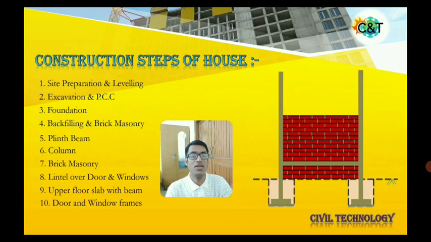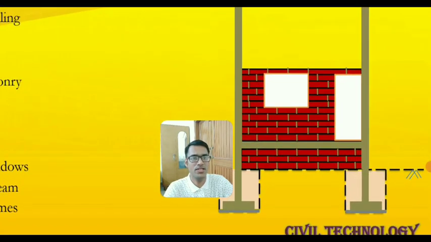So here during the brick masonry, you have to take care wherever the openings are coming on a particular wall, you have to leave those spaces. So you will place the shutters of windows and doors at a later stage. So suppose here one door and one window is coming like here. So you have to leave this space during the construction of this wall. Okay.